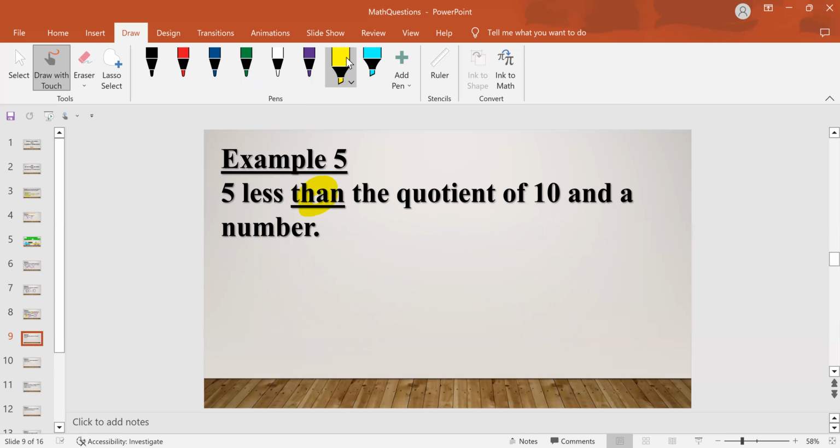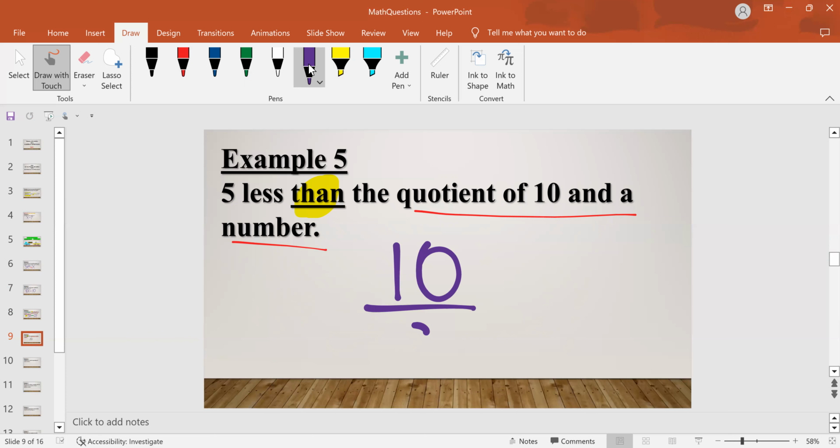Hey, the keyword. Yes, done. 5 less than the quotient. So I'm going to switch. I will do the quotient part first. So this grouping: quotient of what? 10 and a number. So 10 and a number. So we use the x for number. That means what? 10 over x. And now minus,